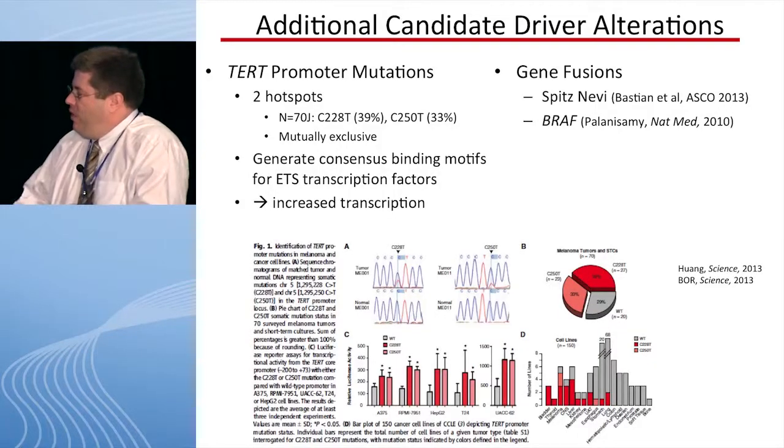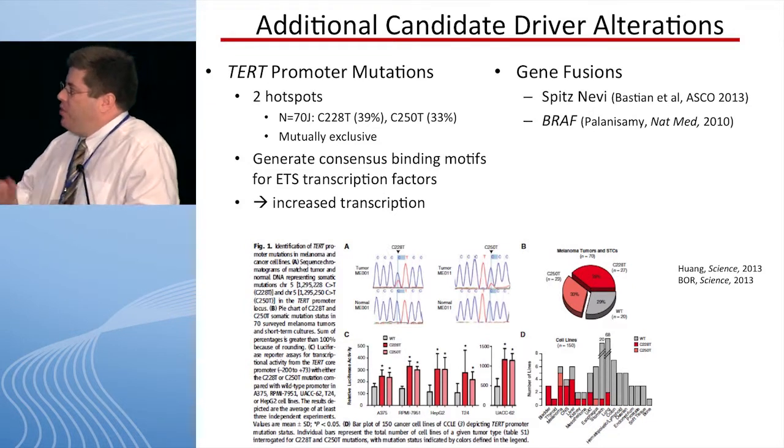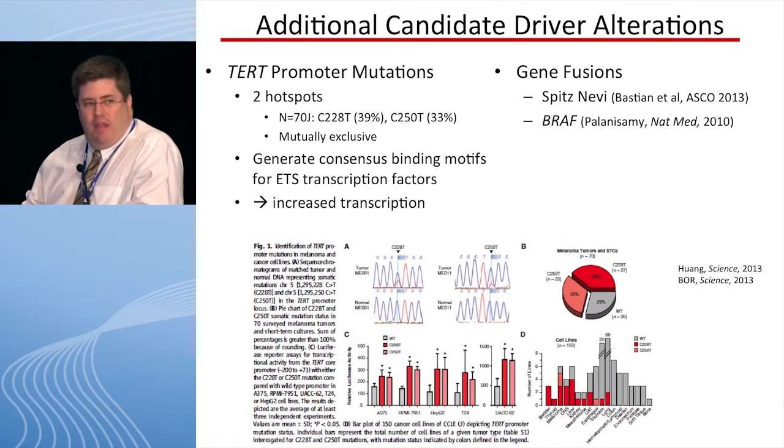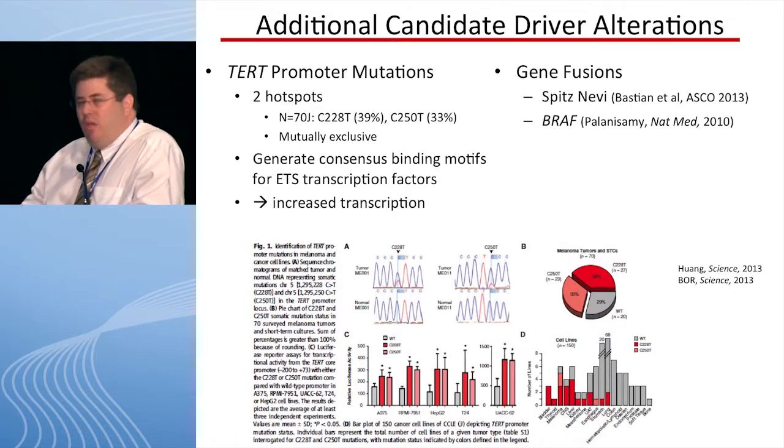Now again, most of the focus to date on melanoma has really focused on the coding regions of these genes. However, two different studies were published back-to-back in Science earlier this year, showing that there can be significant events that happen even in regions that aren't in the coding regions of genes. And what these two groups both found, one in familial melanoma and another looking at somatic events, were hotspot mutations in the promoter of the telomerase gene. Telomerase is a protein that's needed in order for cells to be able to survive multiple divisions. In preclinical models we often induce this artificially, but it now looks like the mechanism of how this actually happens in patients.